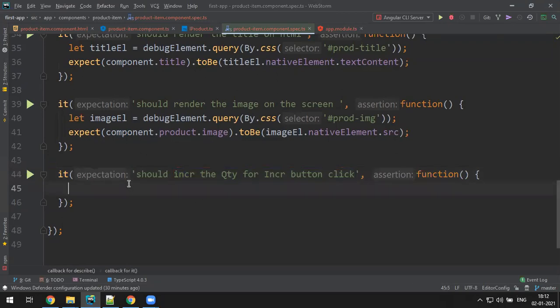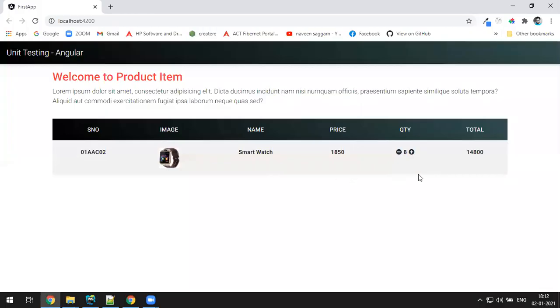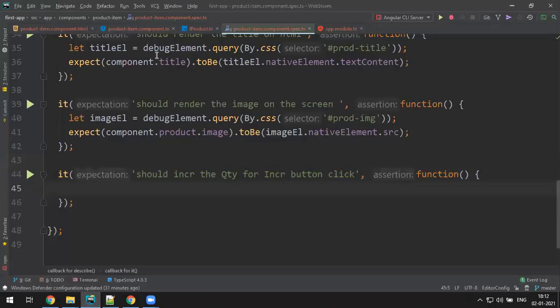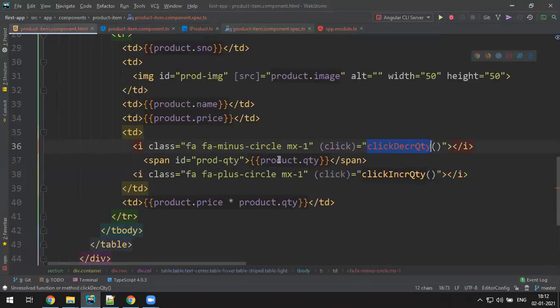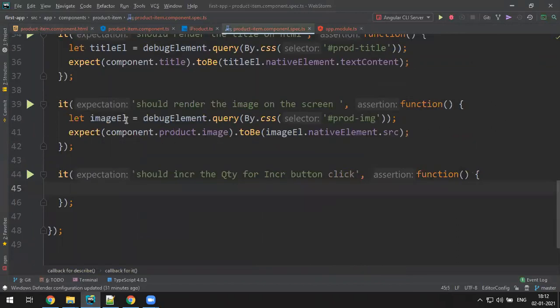I need to get the plus symbol, because I have to apply the click event, and I have to check the quantity value. So I want two elements, the plus symbol element and the quantity element.